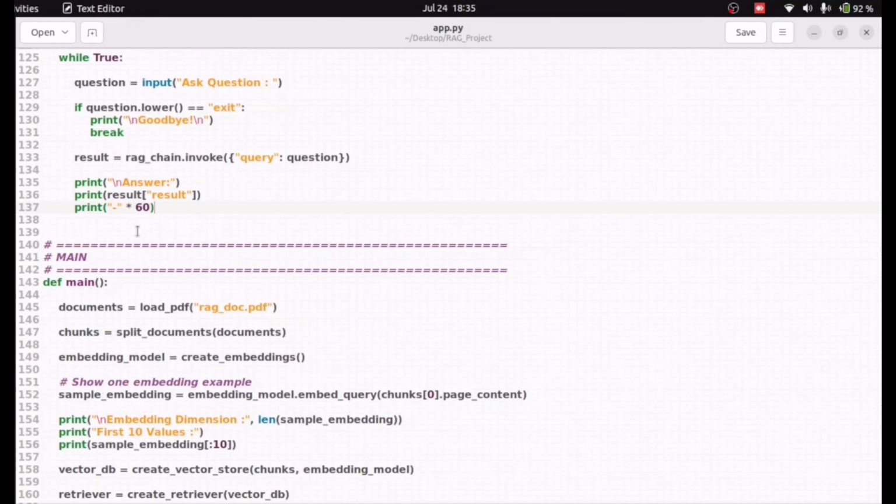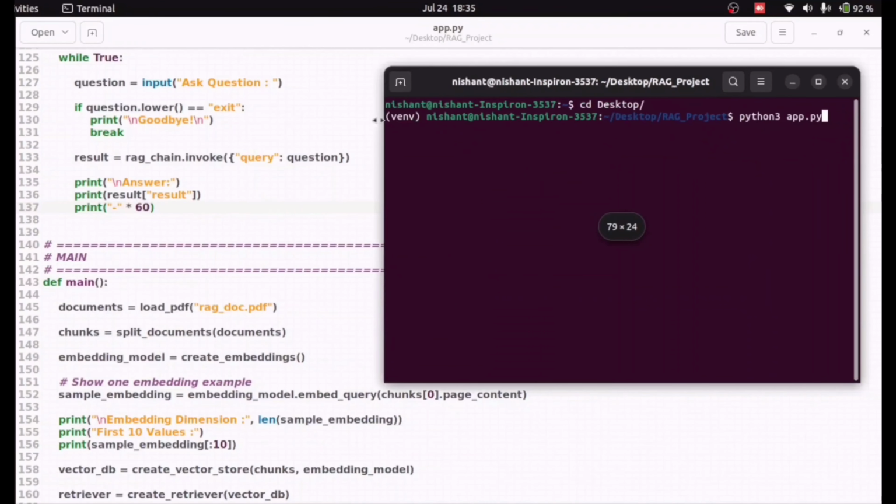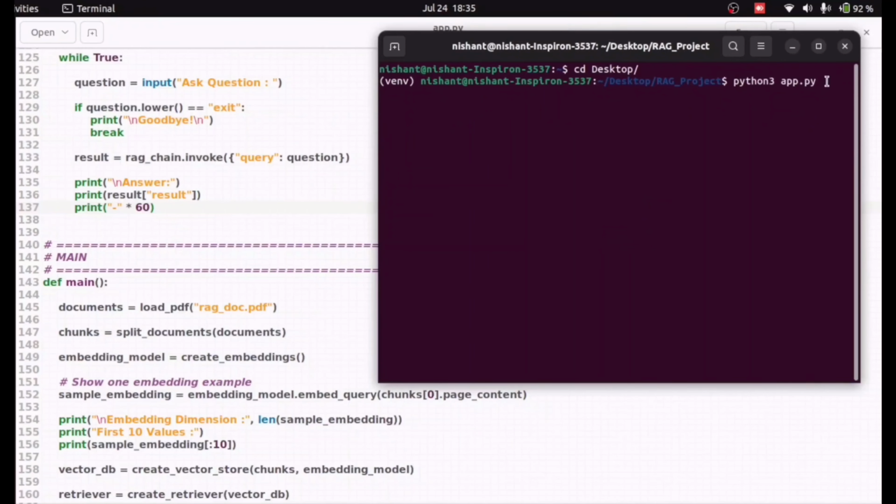So now let's see the practical example. Let me go to my CMD or my terminal basically. I am working in Ubuntu, so I am running it here. When I run python3 app.py, we'll be able to see the output of each and every step. So it will be clearer to us how this RAG application is working step by step, and how we are able to query the RAG and it will be able to answer based upon the PDF which we have provided to it. So let me run it.